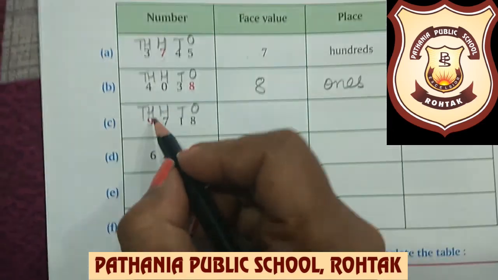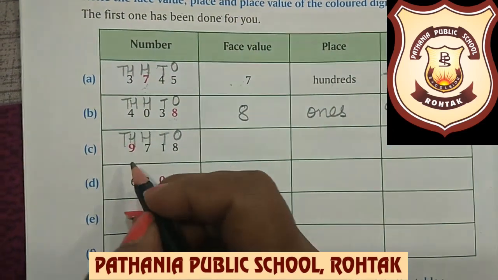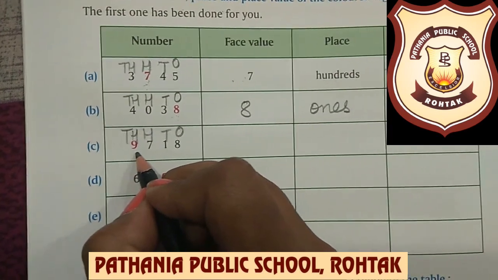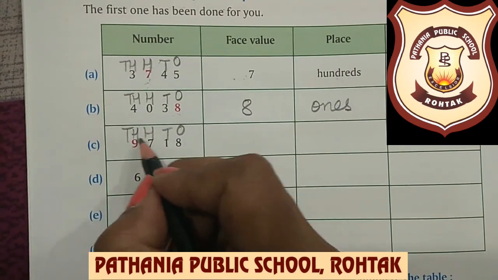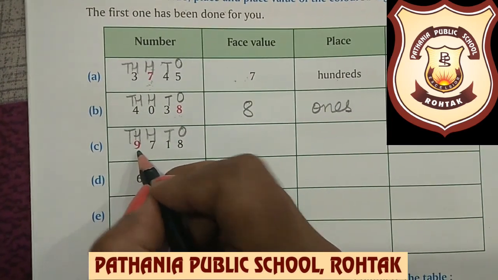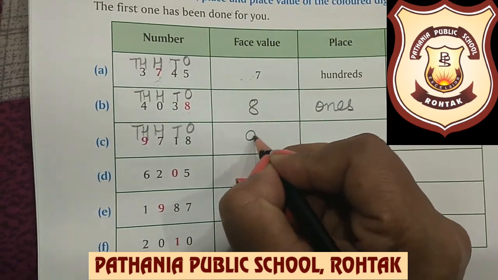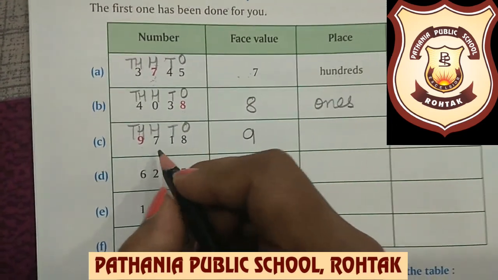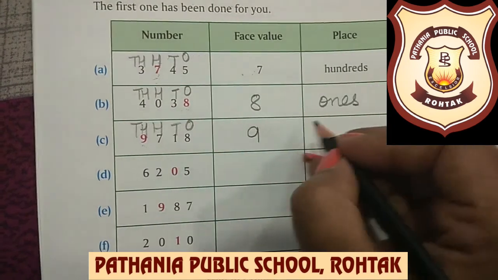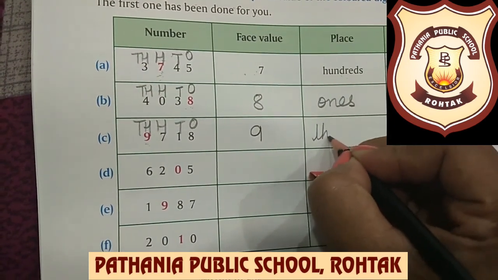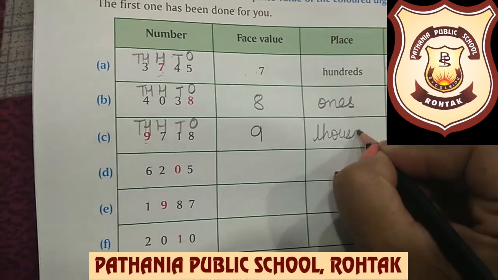Yes. Now first of all we need to identify the face value. For identifying the face value of the digit, we need to look at the face. So the face of the digit is 9. So the face value will be 9. Now at what place it is? It is at thousands place. So the place will be